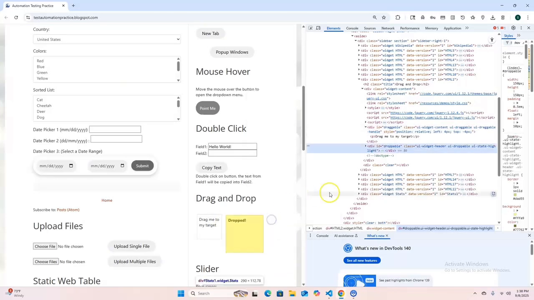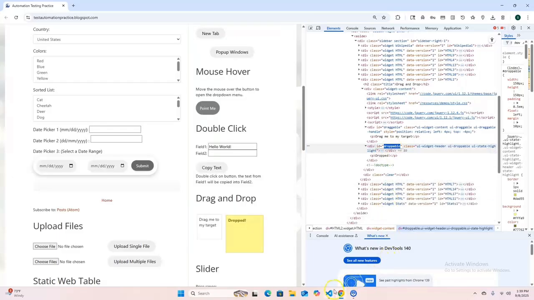Right click, inspect, and you can see if I select this ID div, you can see here a dropped box. It's showing the blue color, I mean it's highlighted, and the ID is droppable. So now I'm going to select the ID,